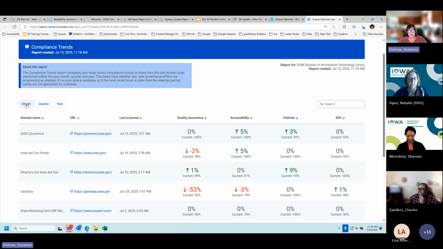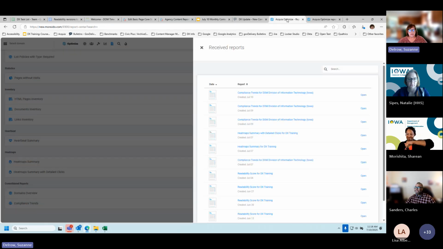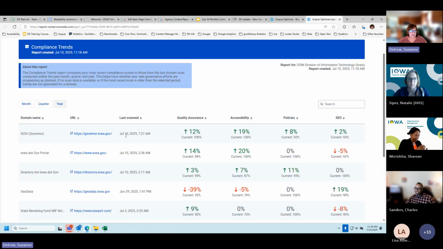We can either look at it by the month, or by the quarter, or by the year. And this shows our improvement, either in quality assurance. It's basically the same things that are shown on the dashboard, but this shows us our trend. If we just want a quick snapshot of how am I doing,